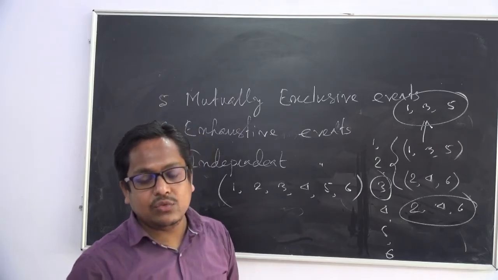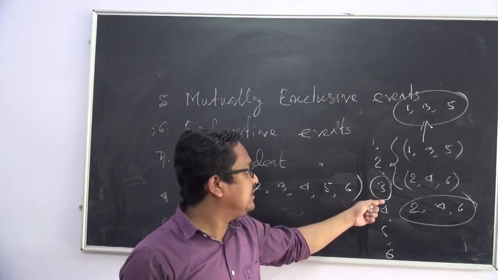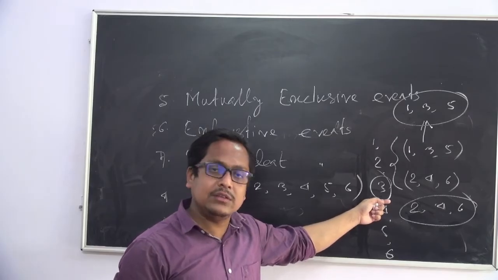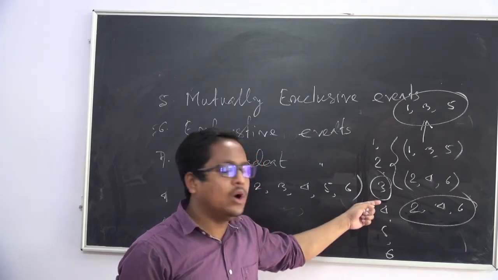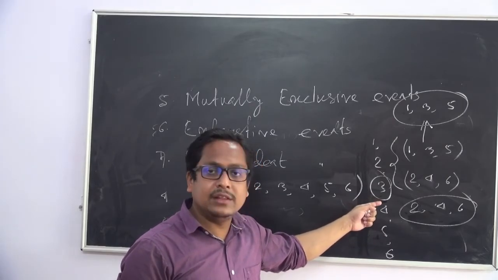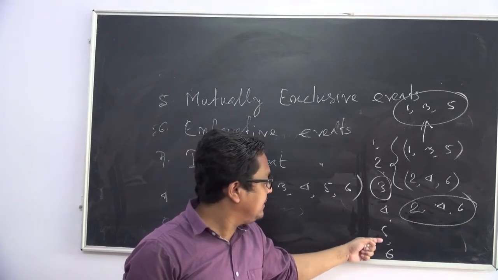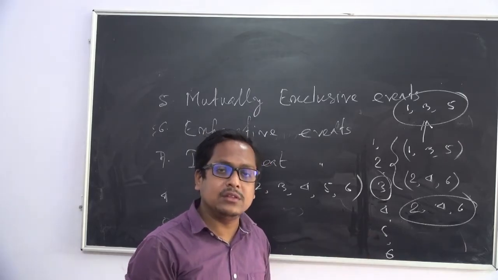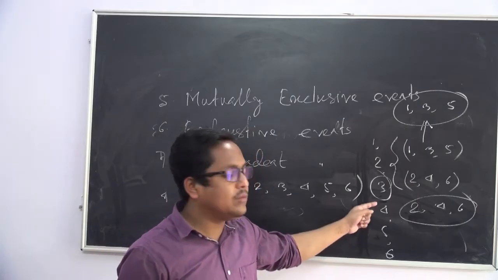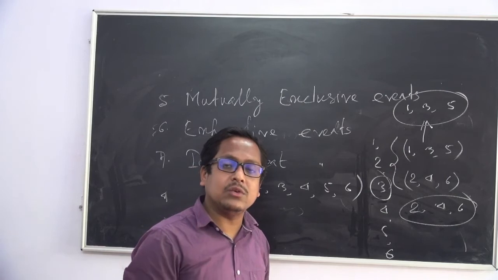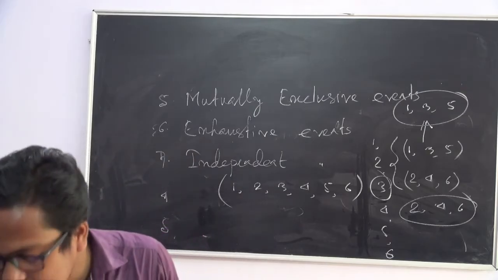I mean to say, if we throw a die the first time, suppose 3 is the outcome. The second time if we throw a dice, suppose 5 is the outcome. So getting 3 in the first throw does not influence getting 5 in the second throw. These are known as independent events. That means the occurrence or non-occurrence of any event does not influence the occurrence or non-occurrence of other or subsequent events. Okay. Next,